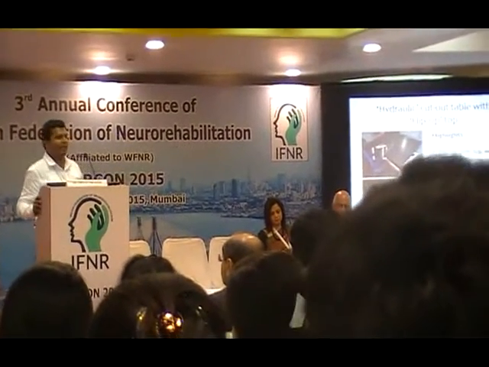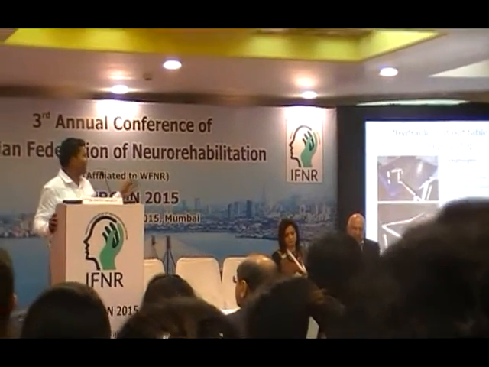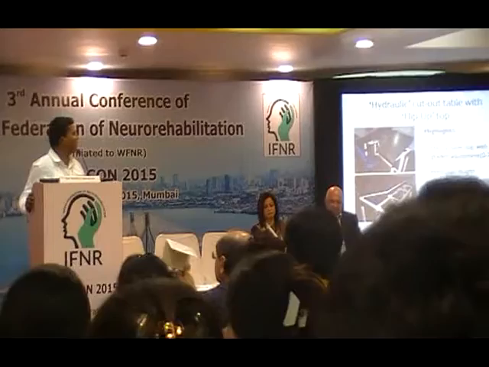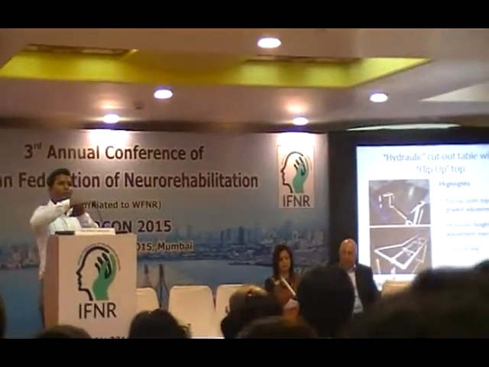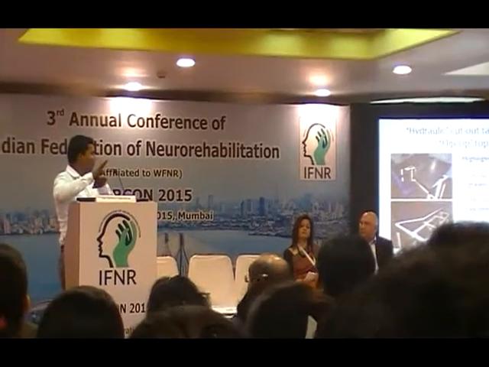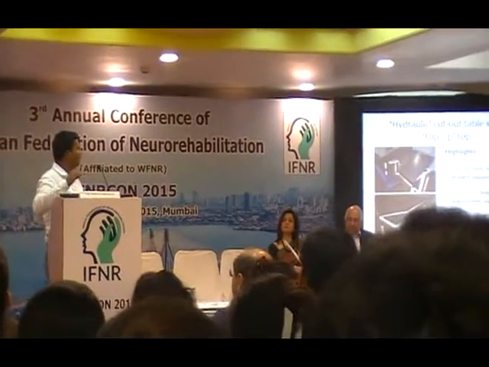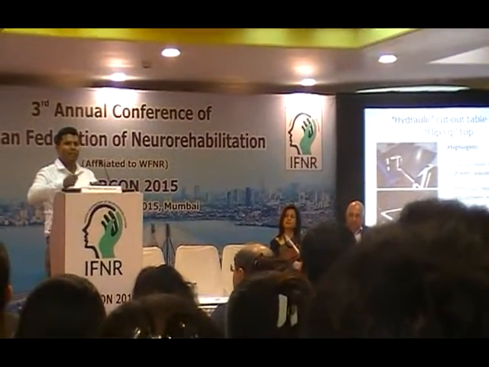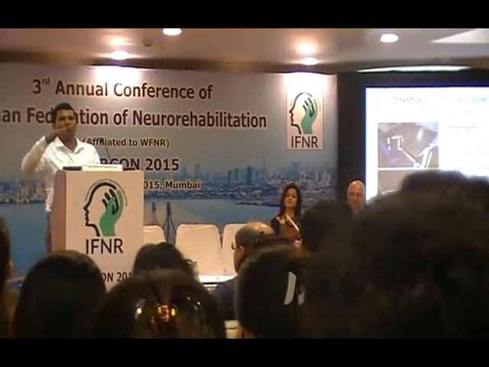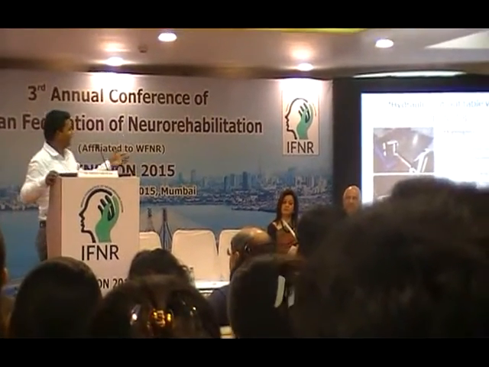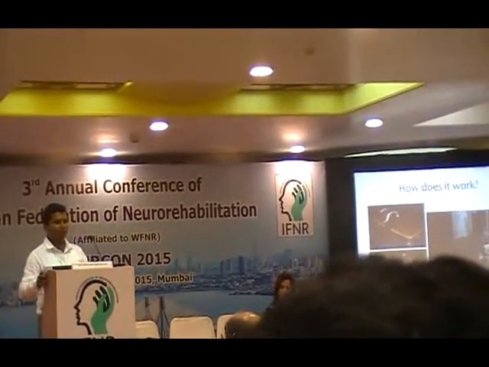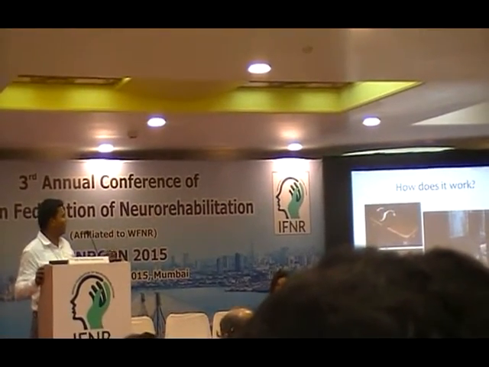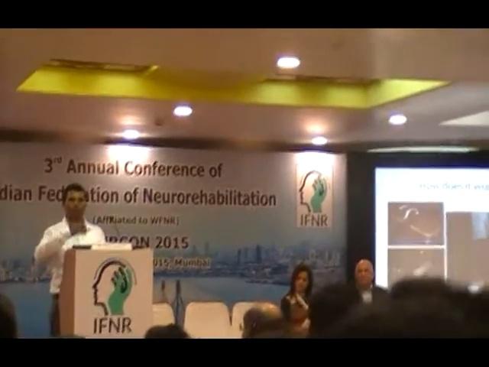For that, again, I have just modified or designed this device. This is a hydraulic cutout table with flip-up top. It allows the top of the table to flip up to 70 degrees in a graded way, plus hydraulic height adjustment to adjust according to the individual person's height, and the cutout top, which is familiar for all of us. In addition to that, there are two types of scooter board I am using for this particular